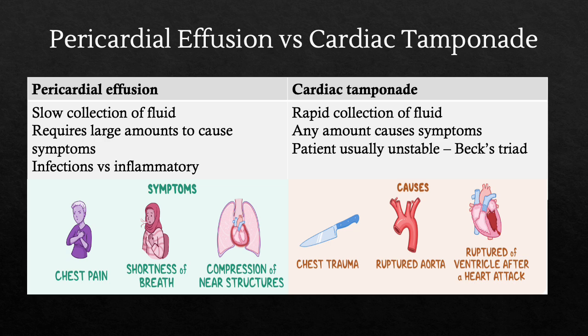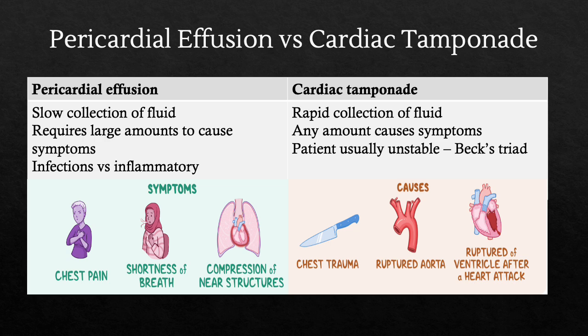They are not interchangeable terms, and they are also not a disease progression of moving from the one to the other. A pericardial effusion is a slow collection of fluid. It requires a large amount of fluid to actually cause symptoms, and it's usually infectious or inflammatory in nature. These patients will present with chest pain, shortness of breath, compression of near structures, but they do tend to be